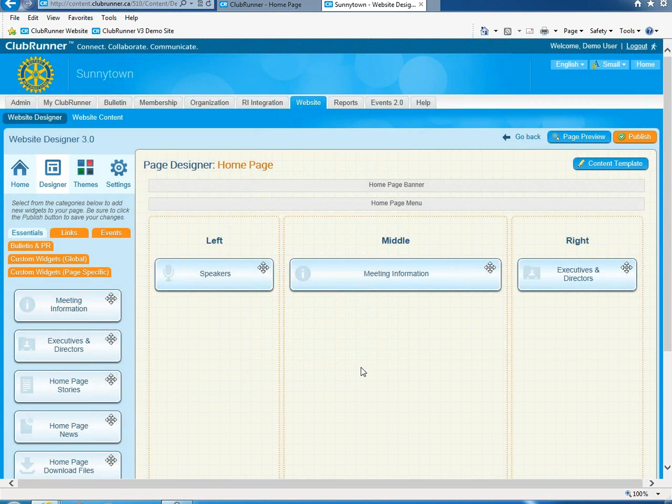All right, cancel. Okay, so there we go. So we've got our 3-column layout defined right here. Next, we're going to talk about the widgets. Now, the widgets are little mini programs, I guess you could say, that define what you want to